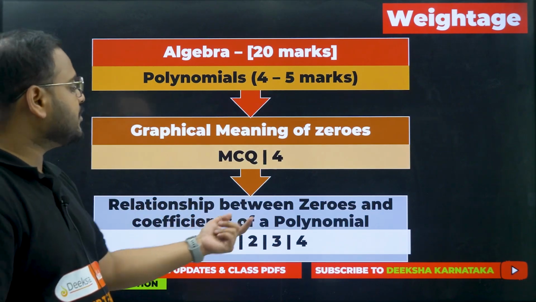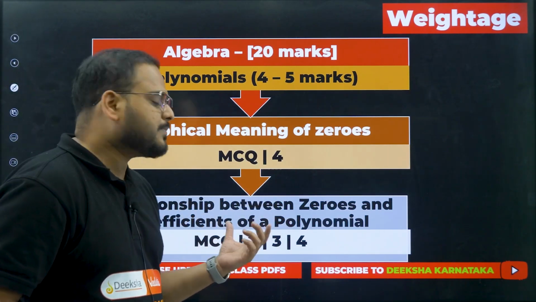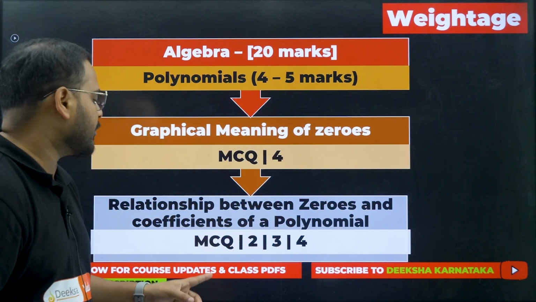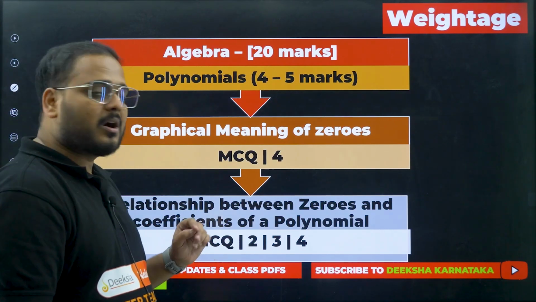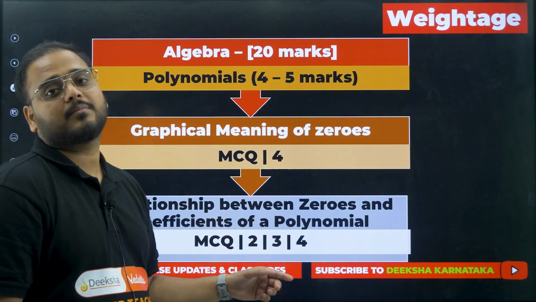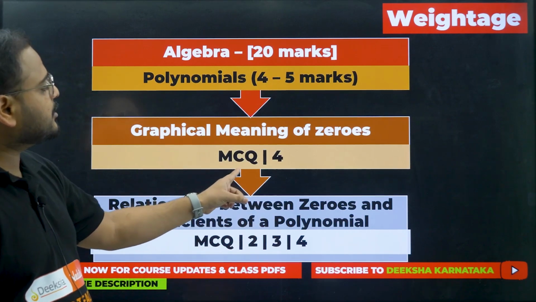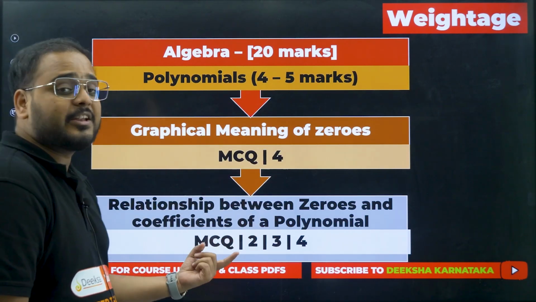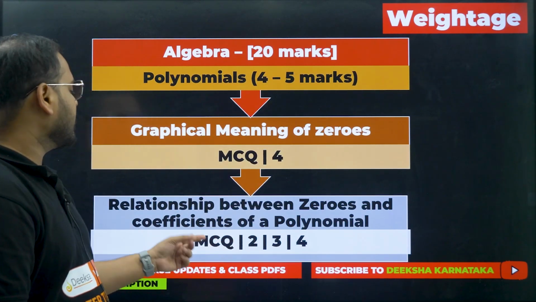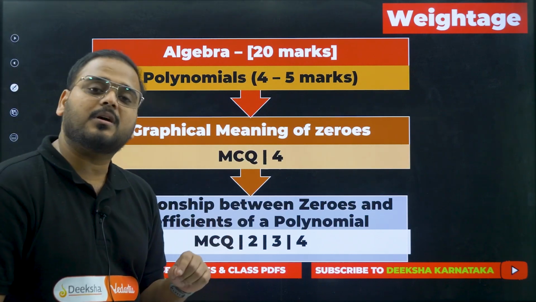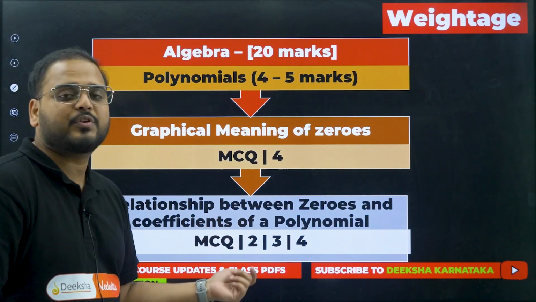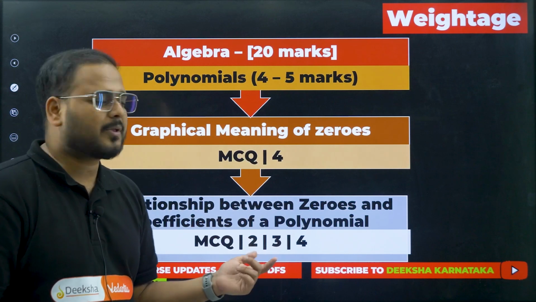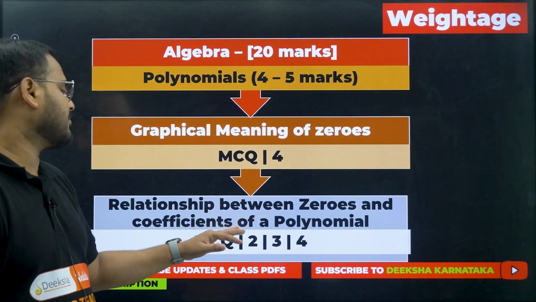What about the relationship between zeros and the coefficients of the polynomial? This is basically dealing with zeros of the polynomial. You can expect how many questions? MCQ can come, 2-marker can come, 3-marker can come, 4-marker can come. I'm not saying MCQ plus 4 mark like that. I'm saying the category of question that can be asked from this part, where the zeros and their relationship with the coefficients are involved, you can expect in MCQ and 2, 3, 4 mark questions. 5-marker questions are very difficult, they ask from this category.